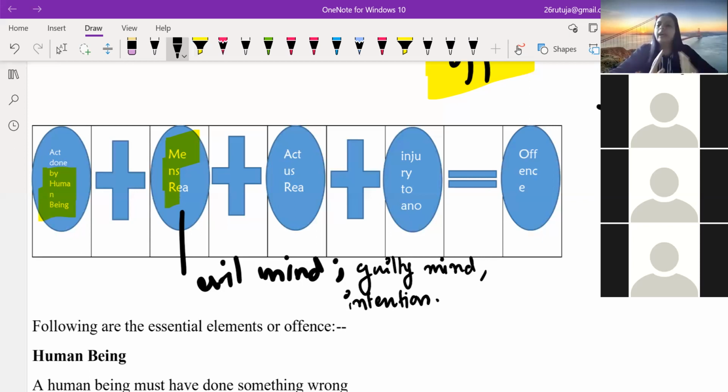मतलब यहाँ पे हम लोग कह ही नहीं सकते कि उसने गलती से किया है. गलती से, मिस्टेक बोल सकते हैं यहाँ पे? No, ma'am. Even if he says कि नहीं मैंने ऐसी गलती से हो गया, तो गलती से ये हो ही नहीं सकता क्योंकि यहाँ पे intention is very clear. So in order to prove a criminal offense, the first and foremost thing is mens rea है या नहीं है present. So if there was an evil mind, a guilty mind, a bad intention behind doing all these things, then it is an offense.